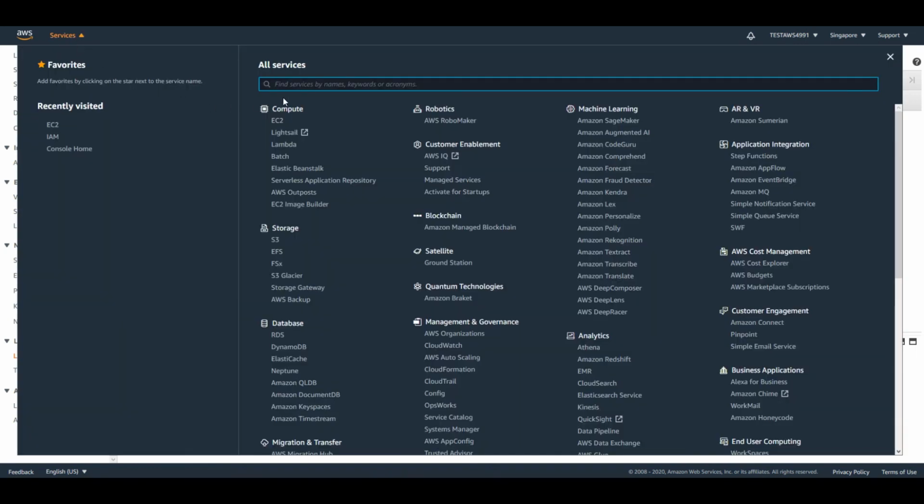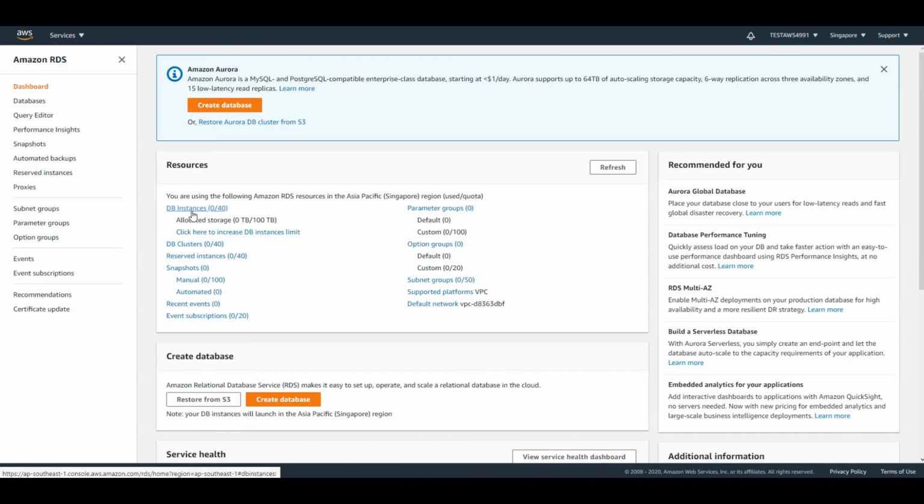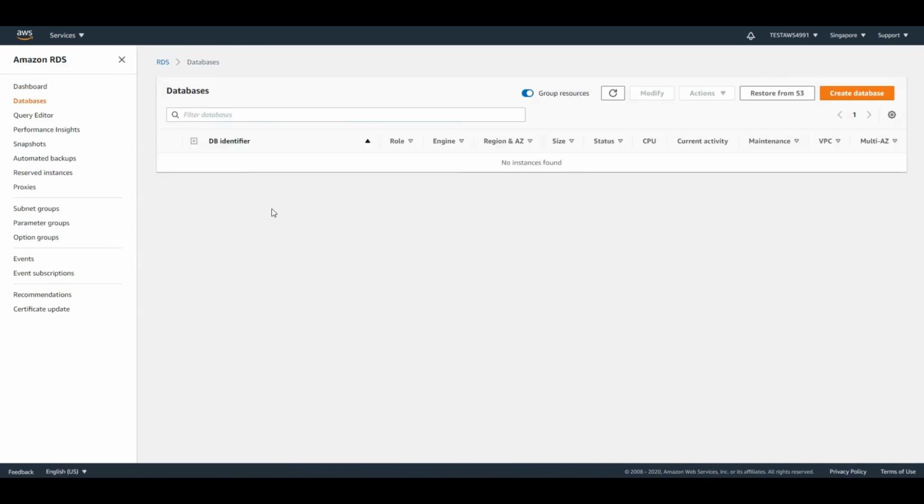Let's move into the database service. RDS is the AWS Managed Database Service. There we can create an AWS database, which is managed by AWS, but we can have access to that database instance. When we create a database, we can specify a security group and define allow and deny rules.